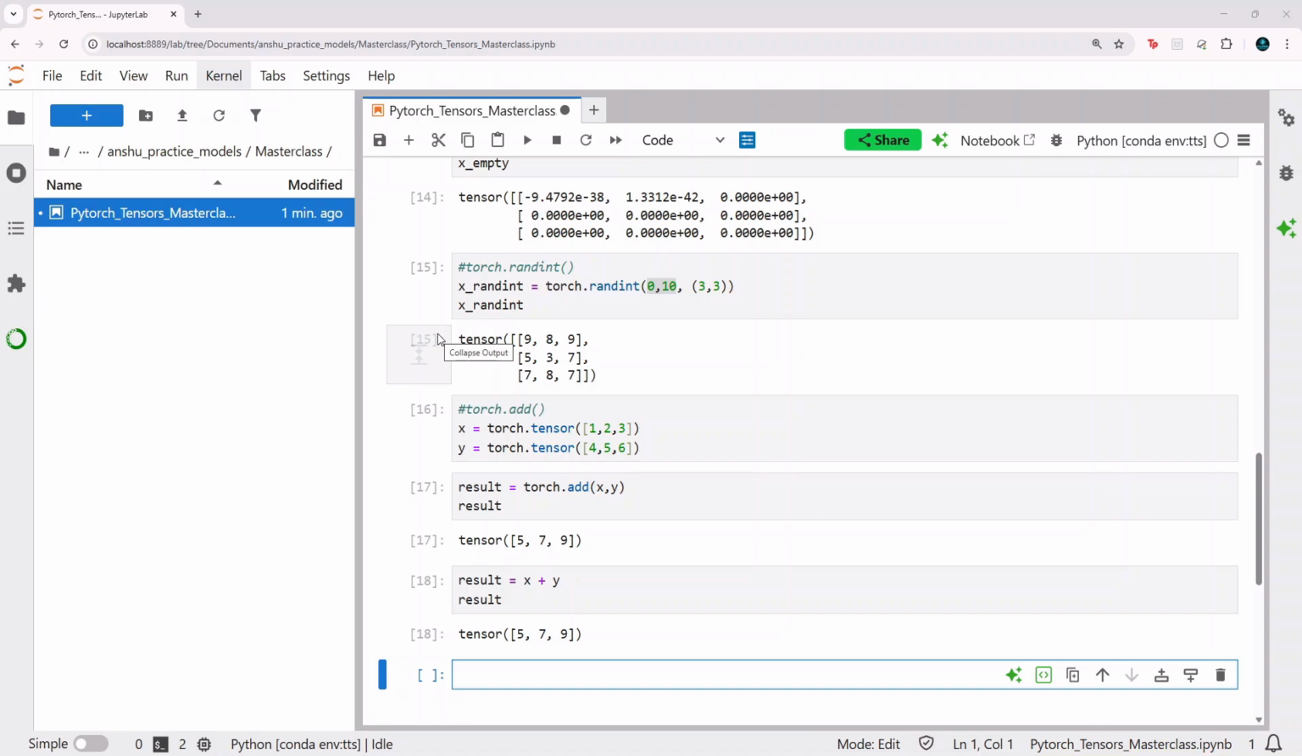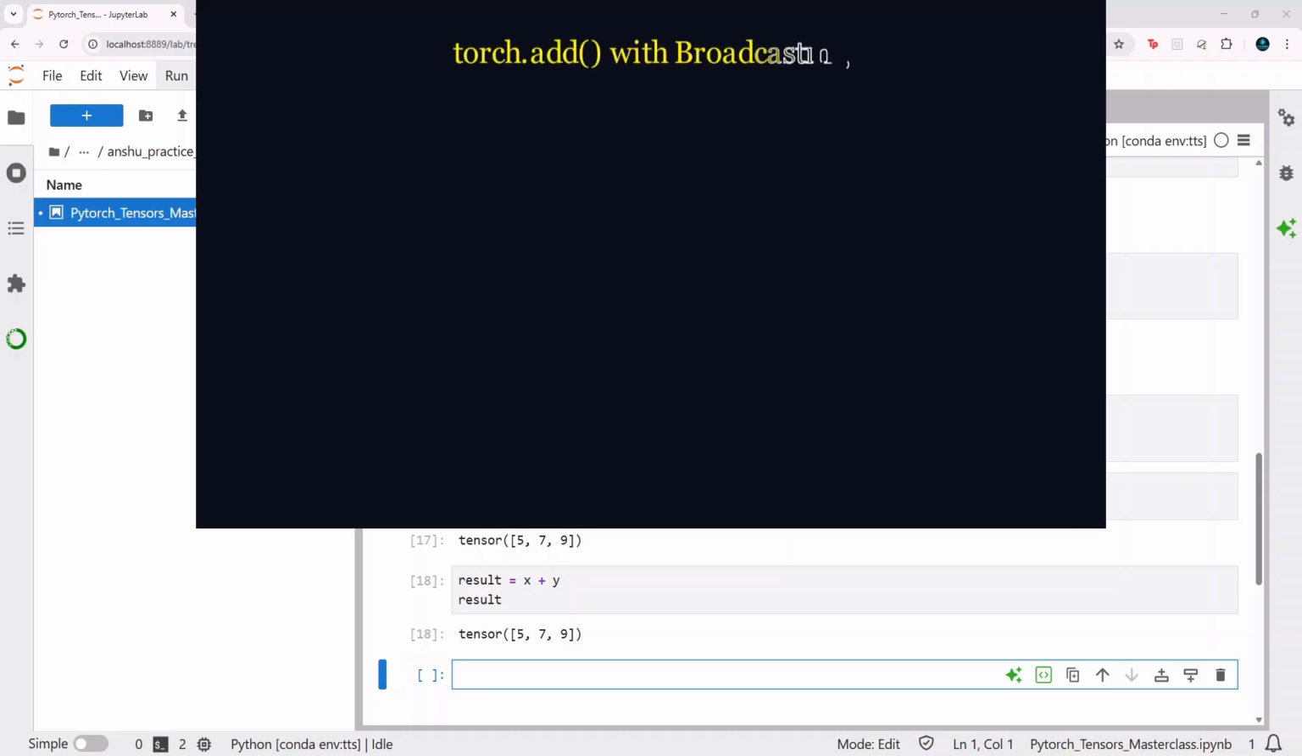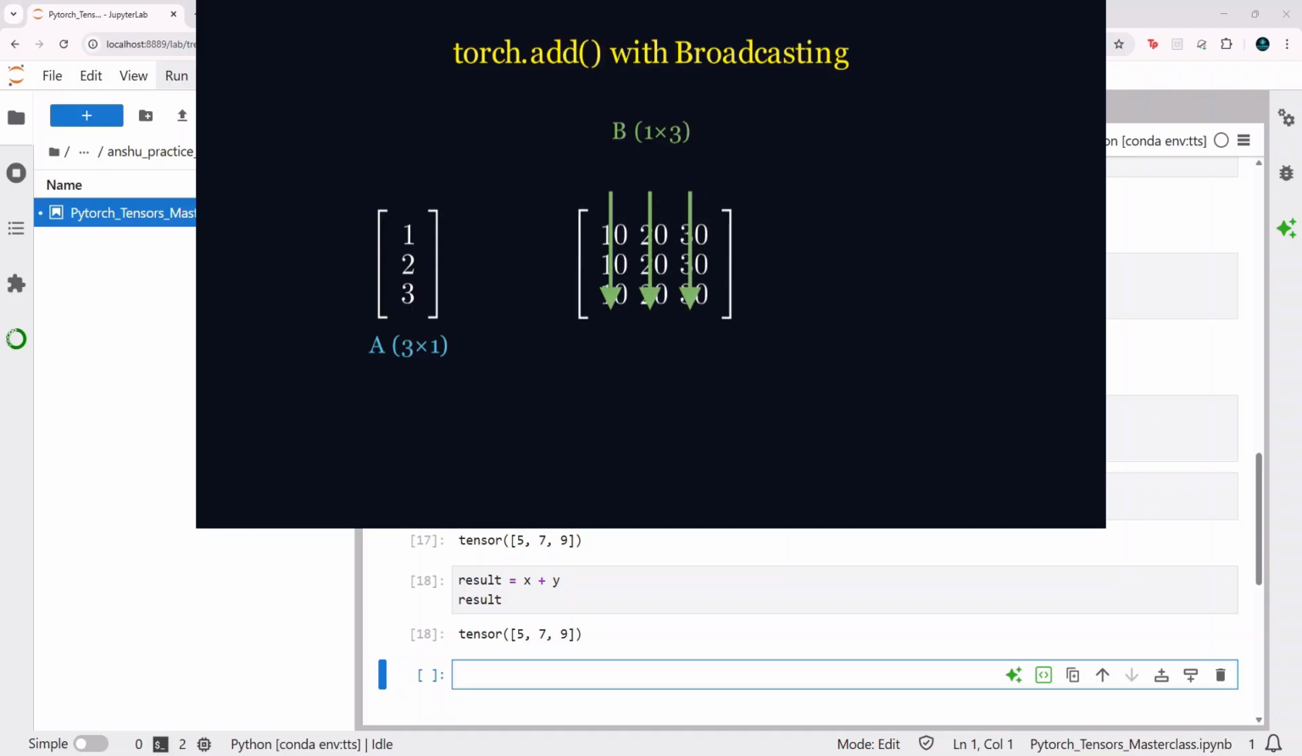But what if they are of different shapes? Then, similar to NumPy, PyTorch also supports broadcasting. So how does broadcasting work, or what is broadcasting? It allows PyTorch to perform element-wise operations on tensors of different shapes without actually creating a copy of the tensor. So let's have a look